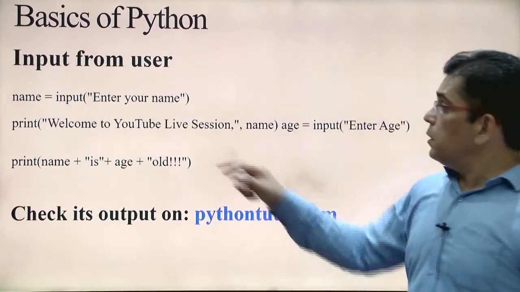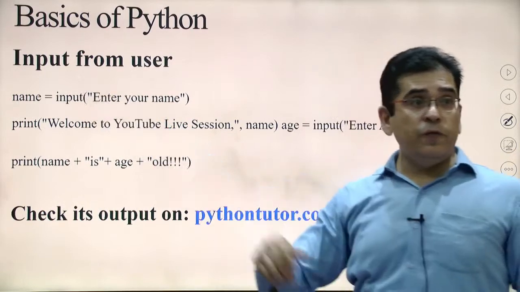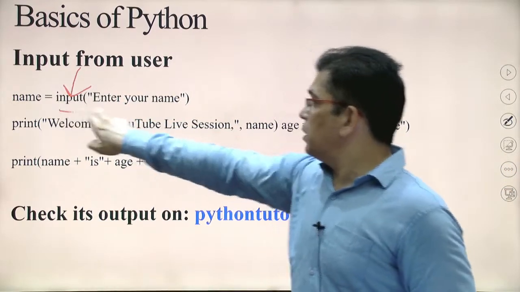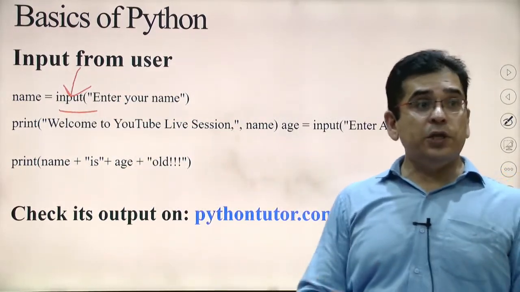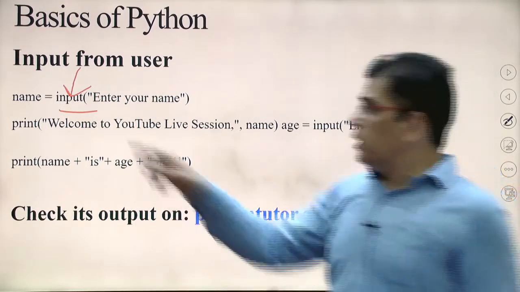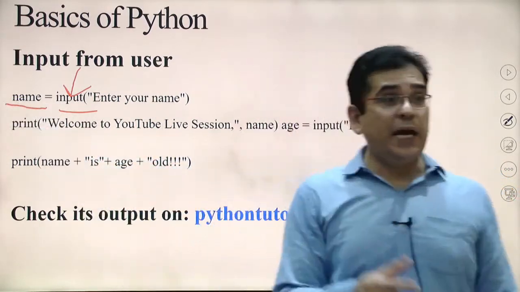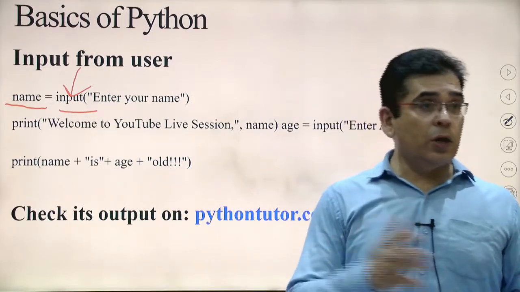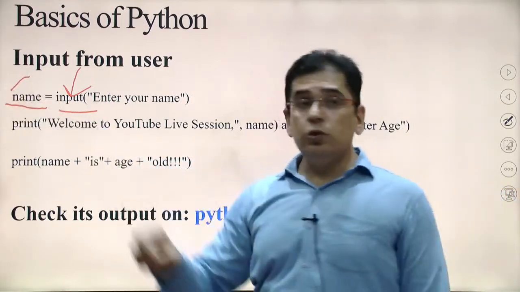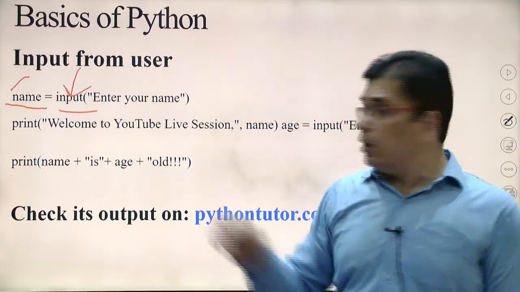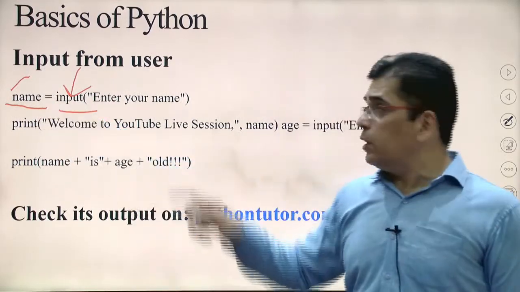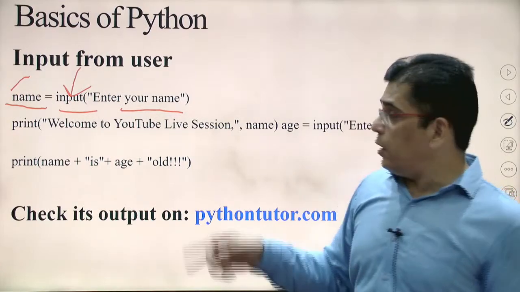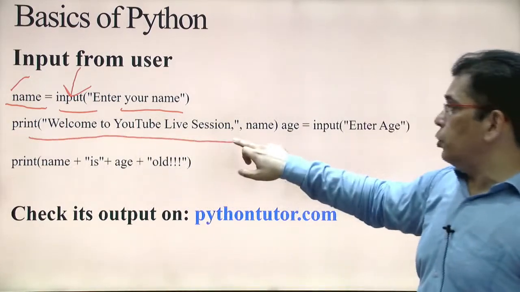Now another is input from the user. If you want to take input from the user, then this input inbuilt function is used. If you want to ask the name of the user, I simply declared a variable name. We do not have to write any define or inbuilt pre-syntax. You just simply write the name of the variable, then the assignment operator, that is the equal operator, then input, within the bracket I have written the syntax enter your name, then I have written print welcome to YouTube live session, then